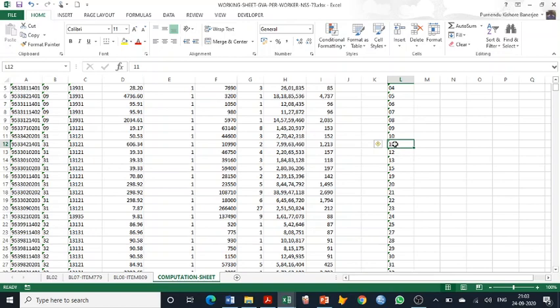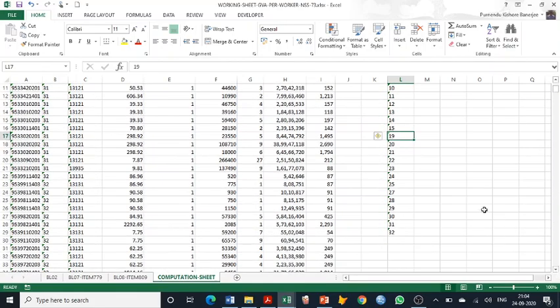So 10, 11, 12, 13, again it is not available here. District code 14 is blank, then 15, then again 16, 17, 18, these three district codes are not there. Then 19, 20, 21, 25, 27, like that.